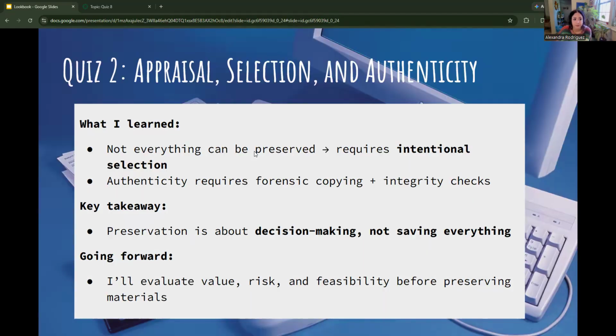As for our second quiz, which was on appraisal, selection, and authenticity, what I learned was majorly that not everything can be preserved, and for things to be preserved, it requires intentional selection. Authenticity requires forensic copying and integrity checks. The key takeaway would be that preservation is about, again, decision making, not just saving everything. We have to be intentional about how we're doing these things so they can be found and located and stored appropriately. And going forward, I know that I have to evaluate the value, risk, and the feasibility before even preserving